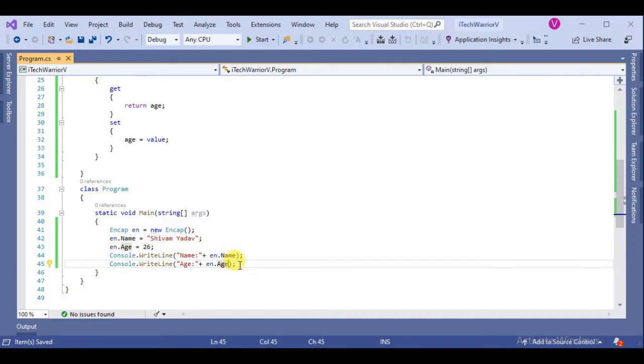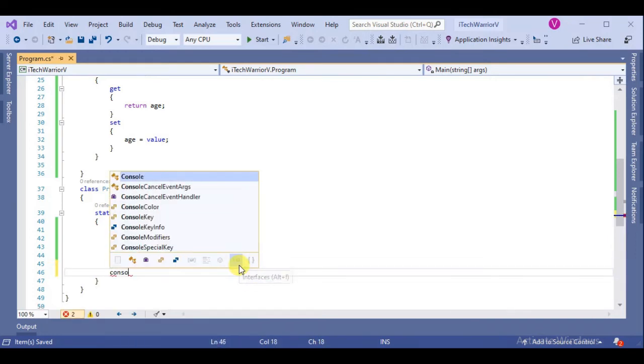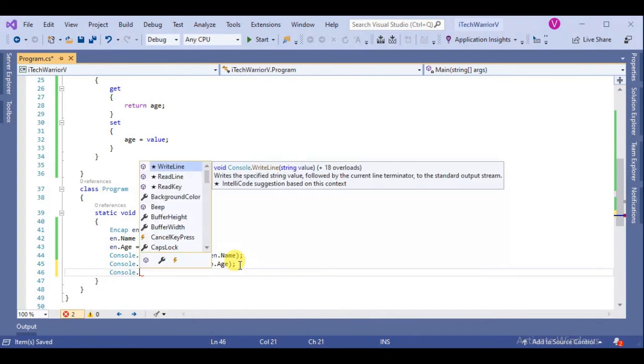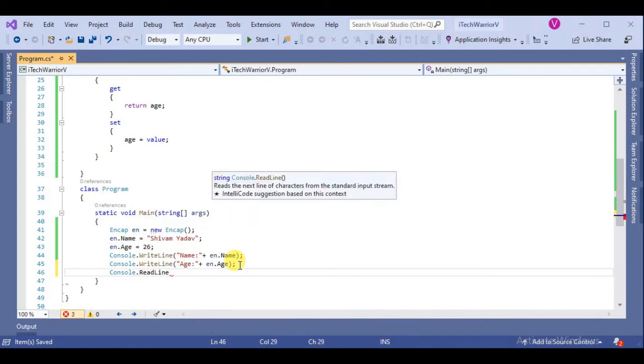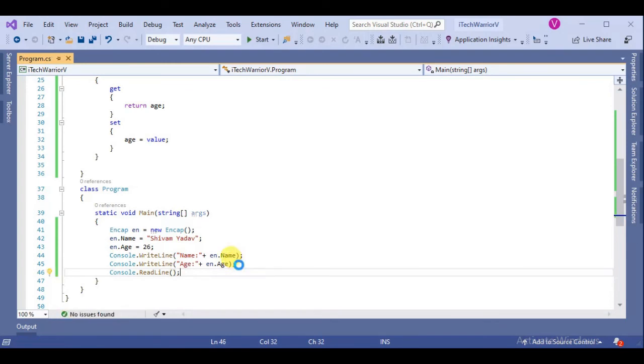Save. One more thing, Console.ReadLine. Save and run.